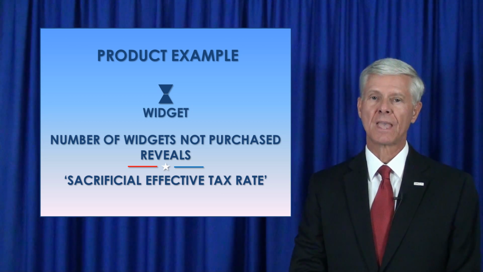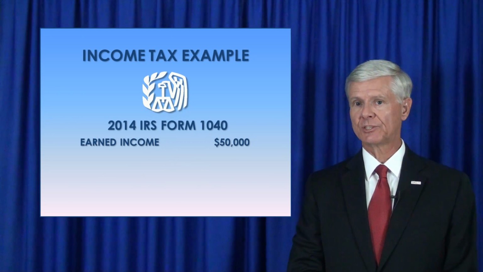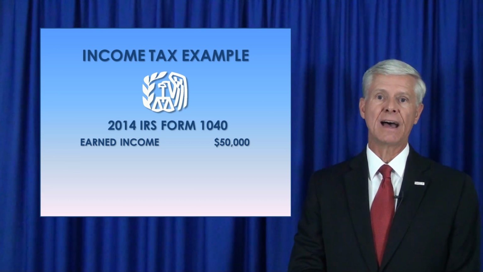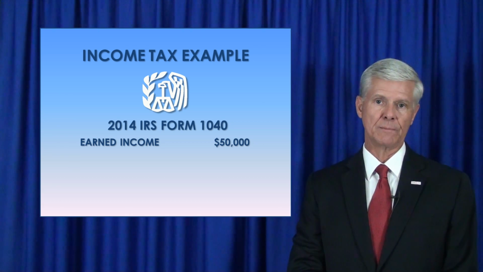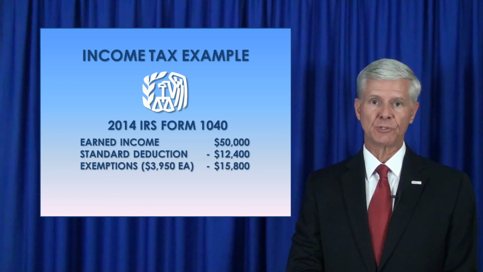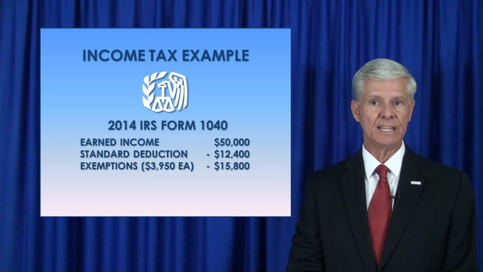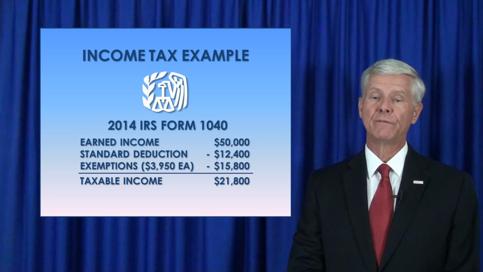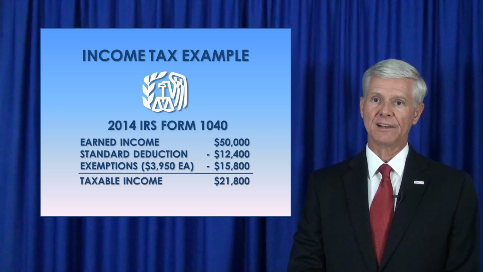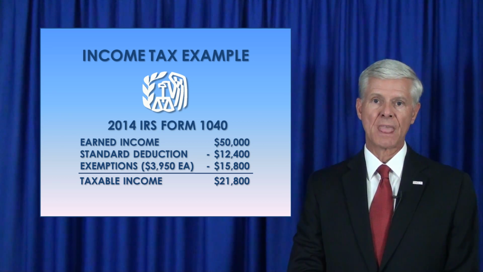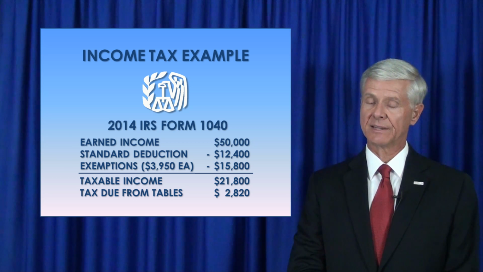To compute the family's income tax consequence, we will use the married, filing jointly, standard deduction, and personal exemptions identified with the 2014 IRS Form 1040. The standard deduction is $12,400, and the 4 personal exemptions at $3,950 each totals $15,800. Subtracting the deduction and personal exemptions from the family's earned income reveals the taxable income, $21,800. Referring then to the tax tables for married filing jointly, we find the income tax due for our example income is